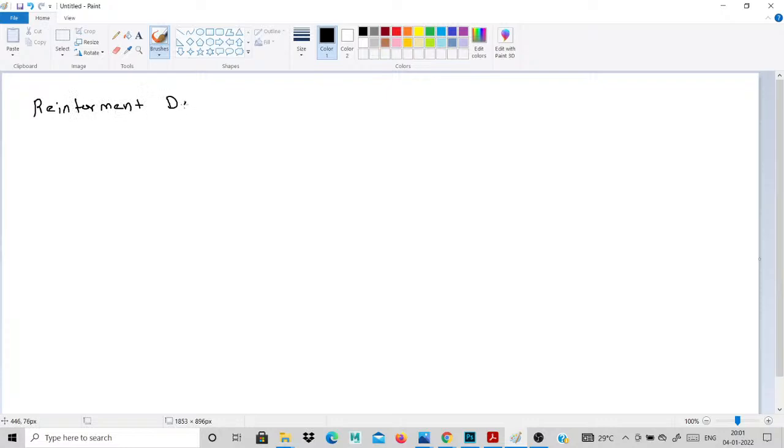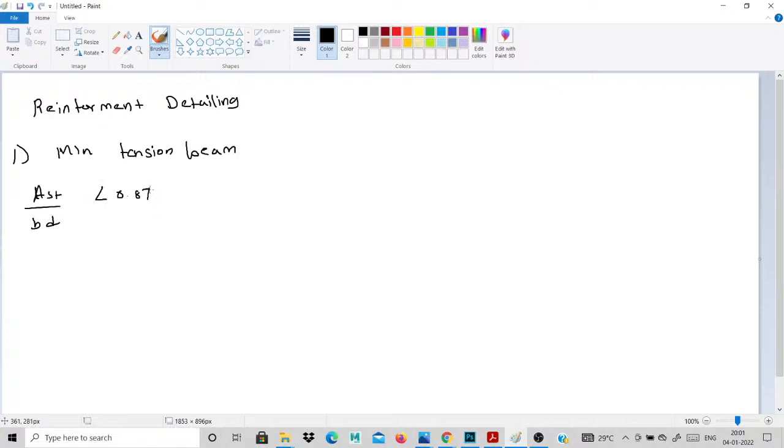Reinforcement detailing. The first step is the first one: what is the minimum tension reinforcement for your beams? The tension reinforcement for your beam, the first formula is this: Ast by bd